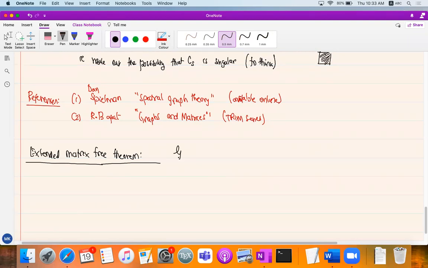Again, we have G = (V, E) and L is the Laplacian matrix. Previously we deleted one row, one column, right? So now let L tilde be the matrix